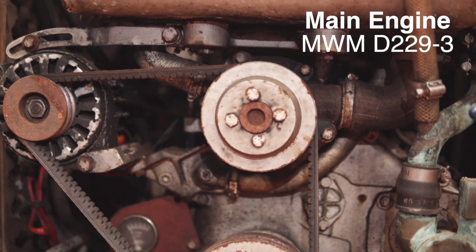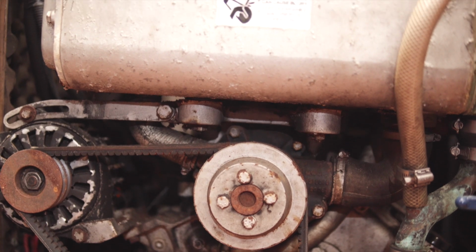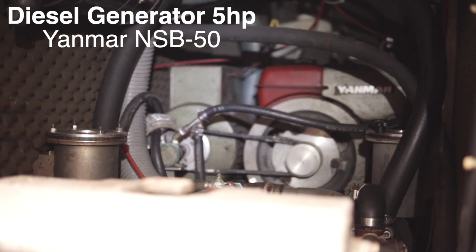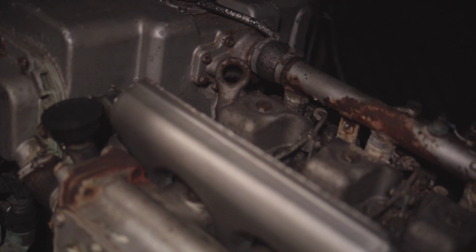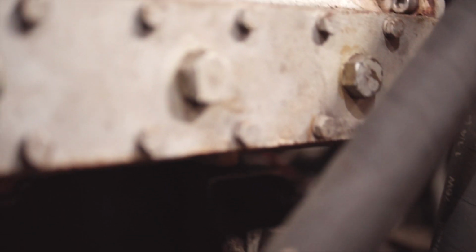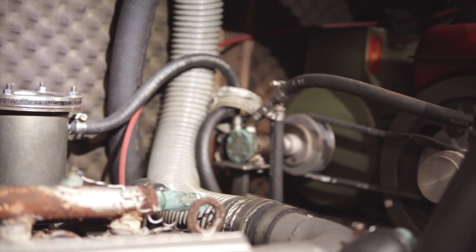So, the engine. We don't understand about the engine. Of course, we need to hire someone. We found a guy, but we don't know the prices yet. We're gonna have two big things to do with the engine. The first thing, we're gonna hire a guy that understands this kind of engine to come here and help us try to turn the engine on and see if it turns on, and based